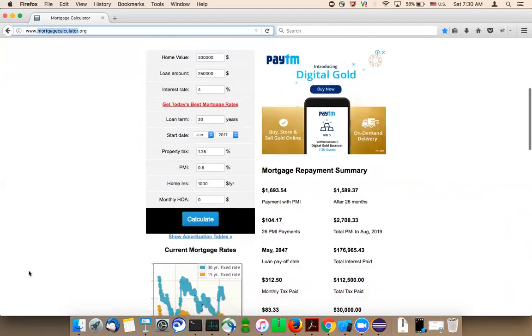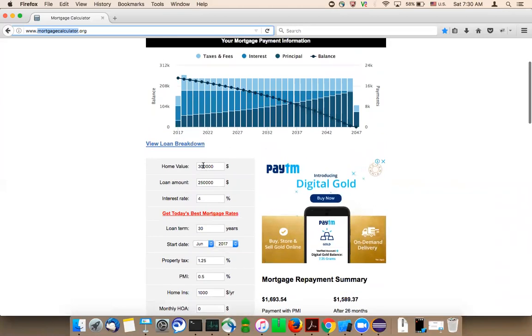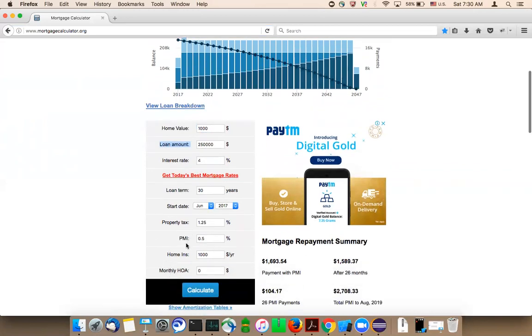Okay. So what we need to do is I'll start with one single text field. So let's say I need to enter 1000 here. If you know how to enter a value in a text field, in a web element, it's the same thing. So if you know one thing, you can work with this loan amount, interest rate, loan term, property tax, PMI, home insurance, and monthly HOA. If you know how to enter the value in one text field, it's the same thing for other text fields too.